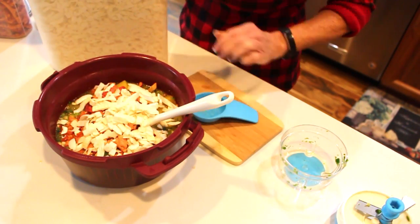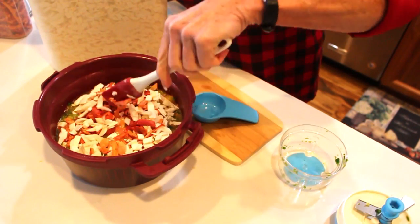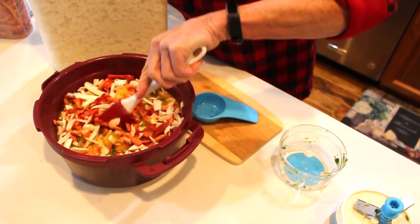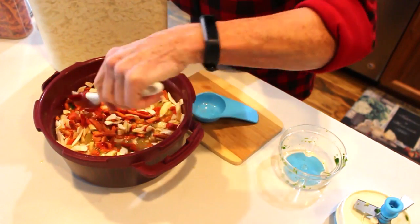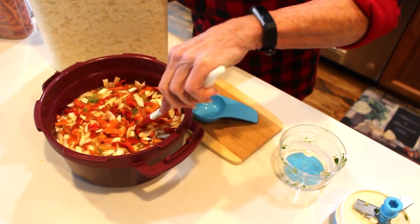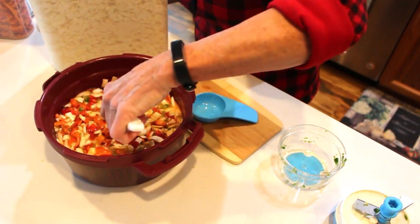But these absolutely flavor any dish you're using them in really nicely. Okay, so here we go. We got the sweet, we got the spicy, we got the savory. Get this all down in here in the liquid, and it's going to pressure cook for 25 minutes in the